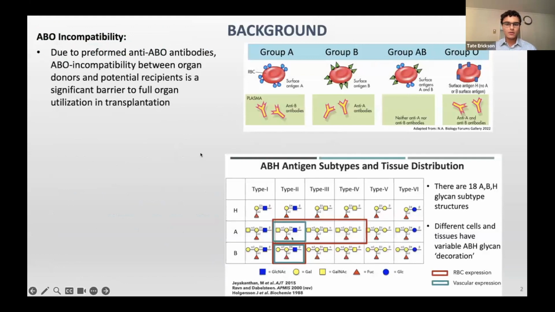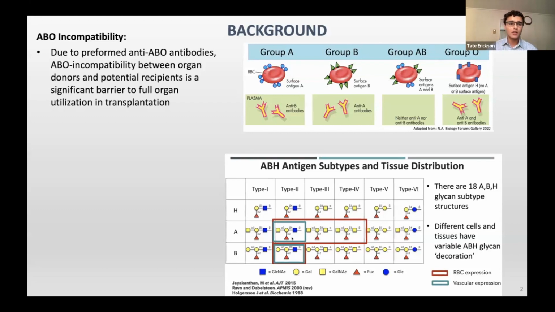First, as some background, the ABO histo-blood group system currently represents a significant barrier to full organ utilization in transplantation. And this is because crossing that ABO barrier can lead to hyperacute antibody-mediated rejection. And so ABO-incompatible transplants are only performed in a limited number of cases. And so consequently, it's more difficult to match organs for blood group O individuals. And we see this reflected in patient outcomes, where blood group O individuals have a higher mortality rate on transplant waitlists. So current methods for limited ABO-incompatible transplants involve reducing recipient antibodies, but plasmapheresis comes with negative implications for patients.